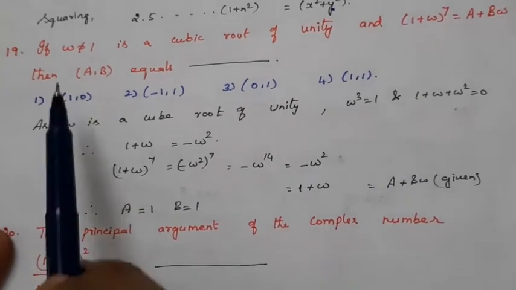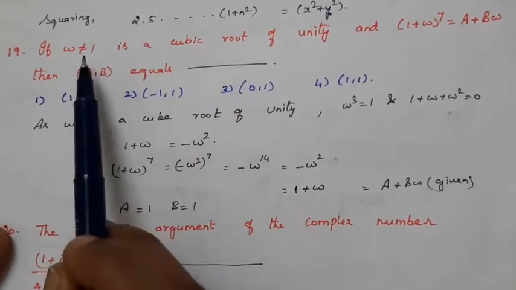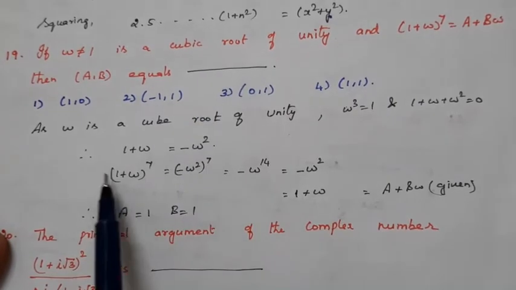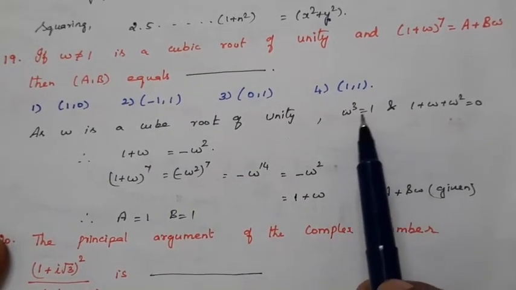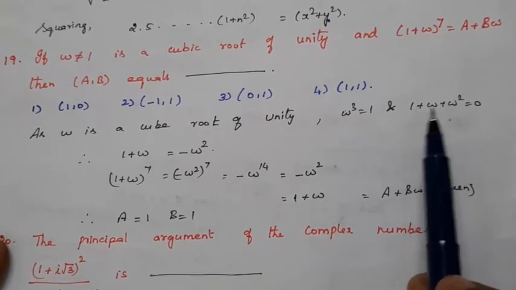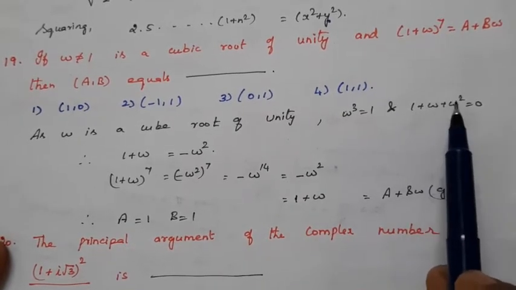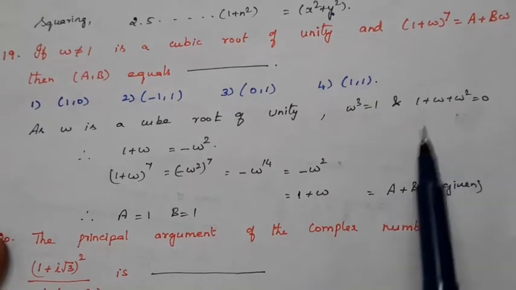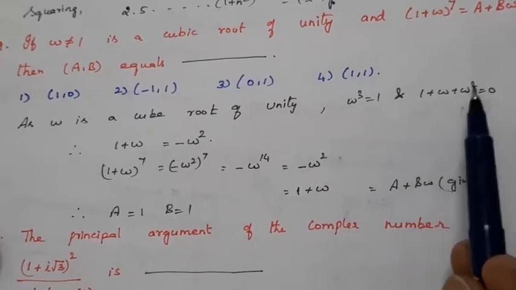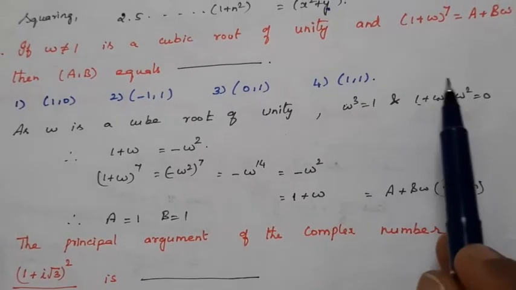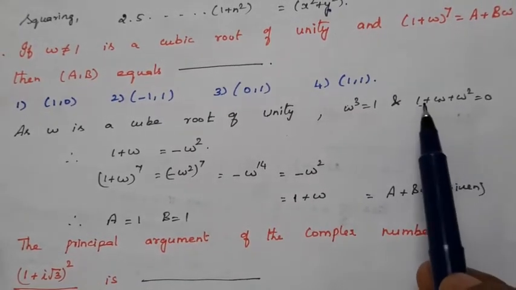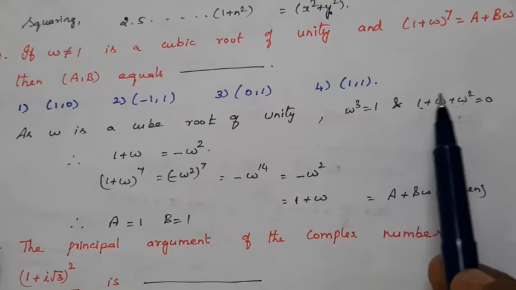Okay. So it is given as cube root of unity. Omega is given as cubic root of unity. So whenever you have the word cubic root of unity, you can immediately write omega cube is equal to 1, and the sum of all the 3 cube roots, that is 1 plus omega plus omega squared, is equal to 0. So from this one, we can equate either 1 plus omega as minus omega squared, or 1 plus omega squared as minus omega, or omega plus omega squared is equal to minus 1.